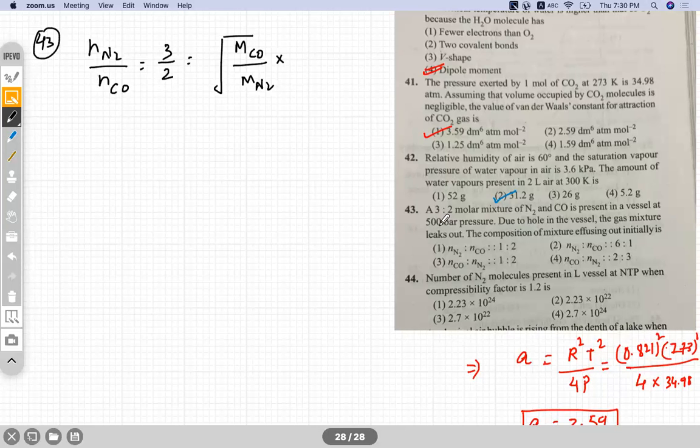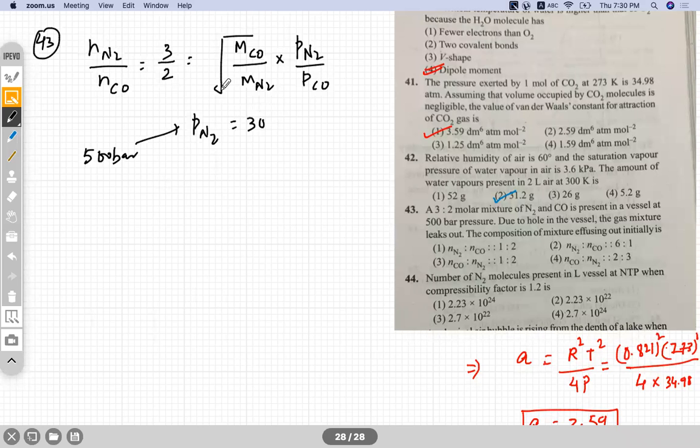the pressure of CO, we have N2 here, no? So it will be the pressure of N2 divided by the pressure of CO. Okay, we need to find out the composition of the mixture of effusion of this. So we have the number of moles 3 by 2. So if 500 bar is the total pressure and the ratio of number of moles is 3 by 2, it means pressure of N2 would be 300 because 3 by 2 we have, and pressure of CO will be